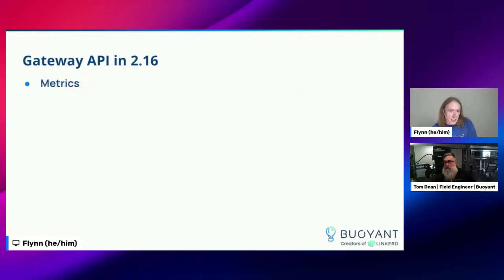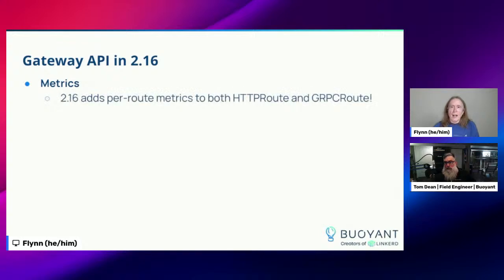Metrics, I mentioned just a second ago. Basically, what we do is we add per route metrics for both HTTP route and gRPC route. I should have mentioned in this slide that HTTP route and gRPC route can both have multiple matches, basically multiple rules within a single route. We are adding per route metrics, not per rule metrics at this point, which is an important thing to bear